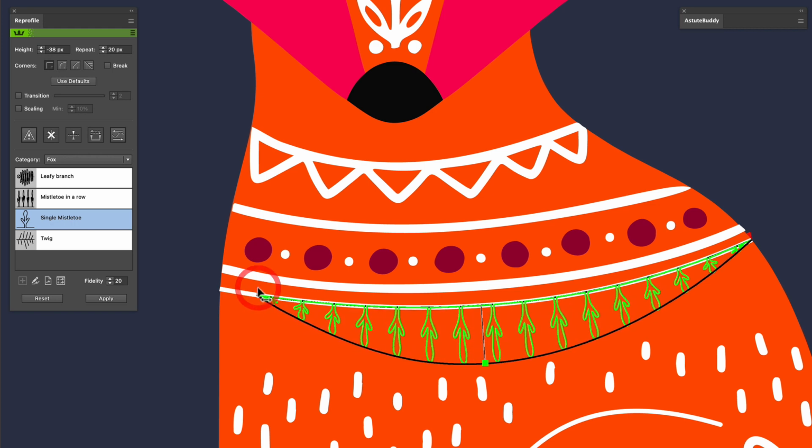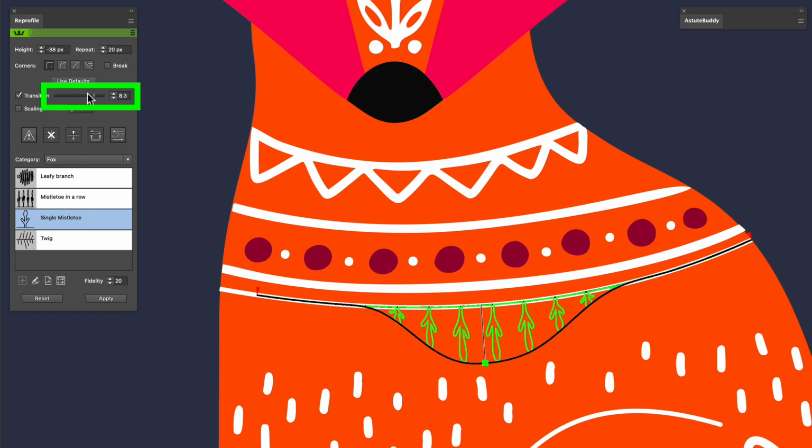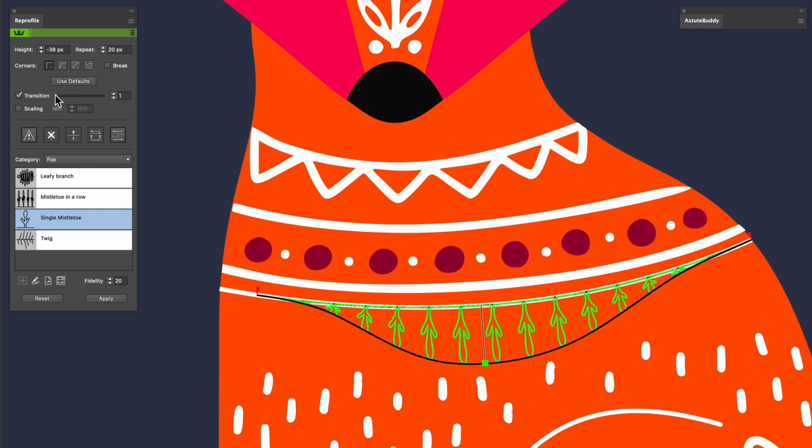After dragging one of the delimiters inwards so it's no longer at the end, it's a little easier to see what happens if I enable the transition option. Now, the change in offset tapers smoothly to meet the underlying path. Increasing the transition value in the panel ensures that the taper is more pronounced. I will toggle the transition off once more.